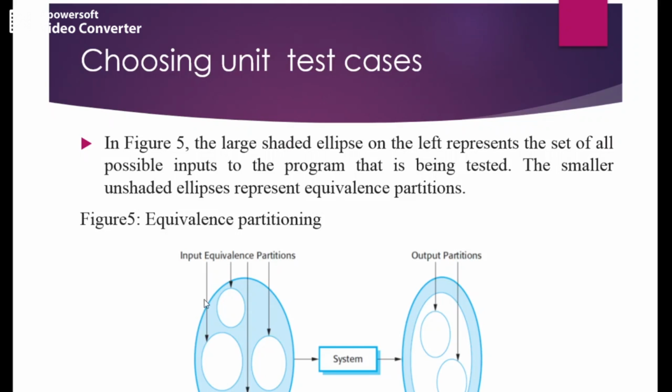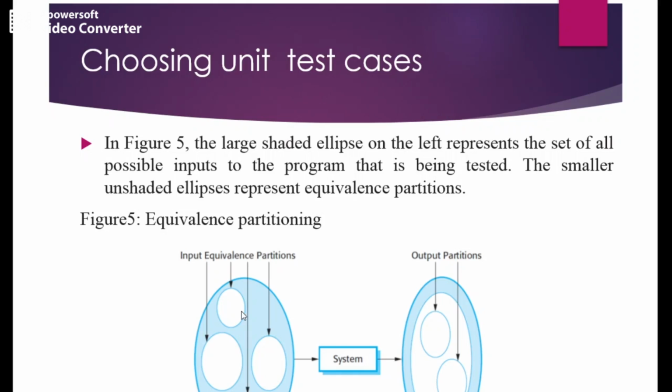See, can you see, this entire set is input. So that we are again categorizing into different classes or different groups which have same common characteristics. So see here, this is one group, one class I can tell. This is another one. This is another one. This is another one. So we have 4 equivalence partitions. So that is called as equivalence partitions.